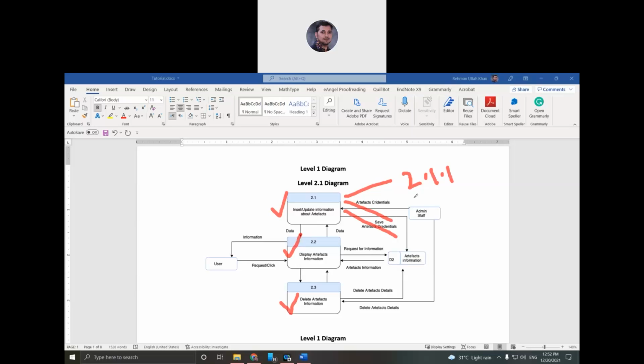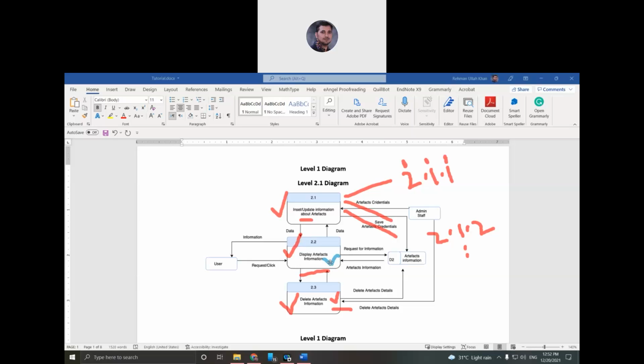You see, this one is the level 0 diagram, this one is level 1, this one will be level 2, 2.1.2 and so on. In this way, you can further decompose, but in my case, I am repeating again, insert update is clear, display is clear, delete is clear, so I don't want to bring this diagram to level 2 either.